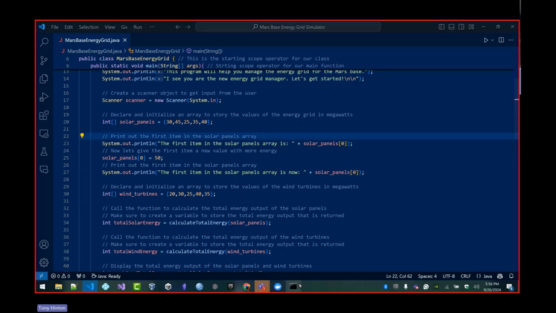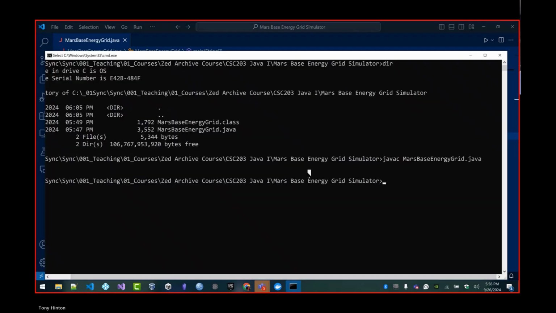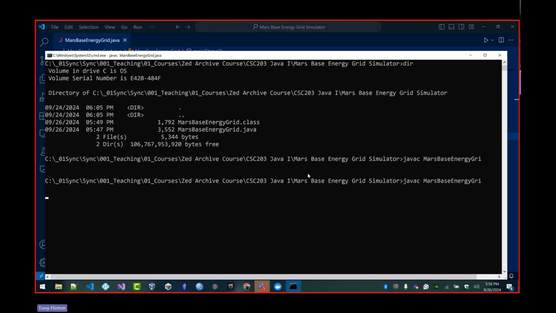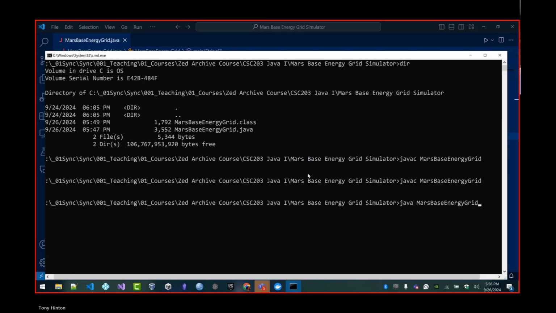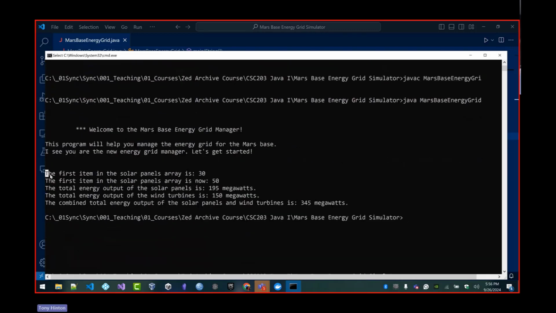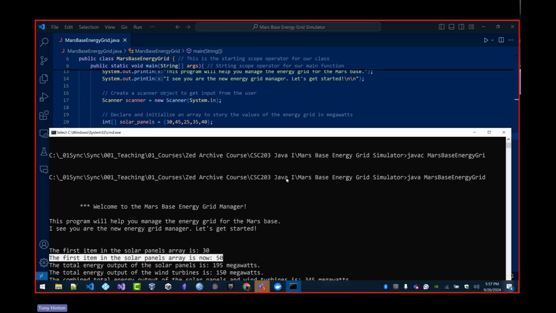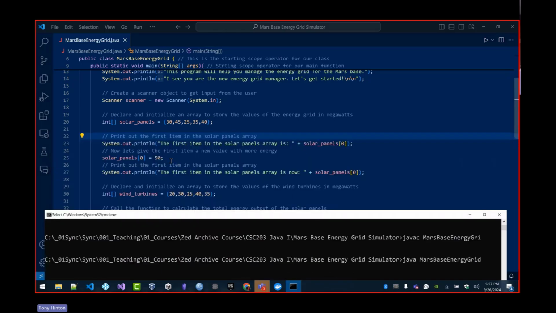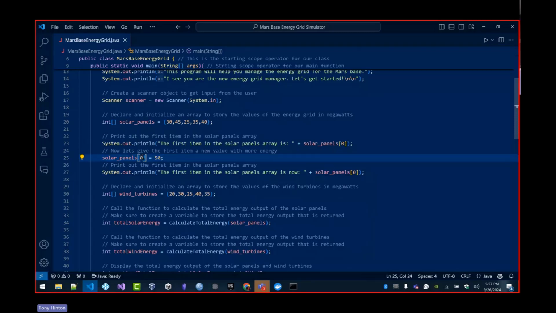Let's see this in action. So I'm going to compile it. And then I'm going to run it. Okay, so here's the new code we put in. The first item in the solar panel array is 30. Then we changed it. And now the first item in the solar panel array is 50, because we changed it to 50. This is how you access. You can read or write any one of these in the array by using what's called the index,